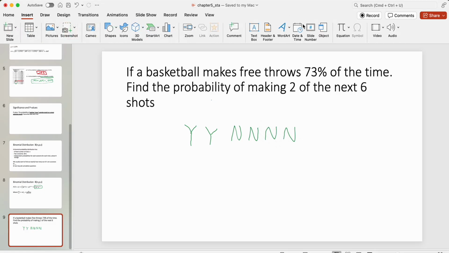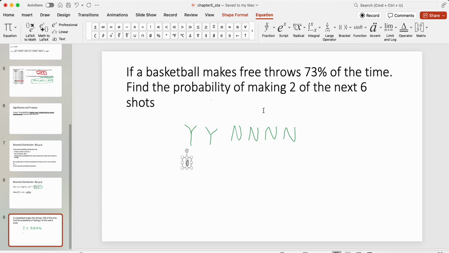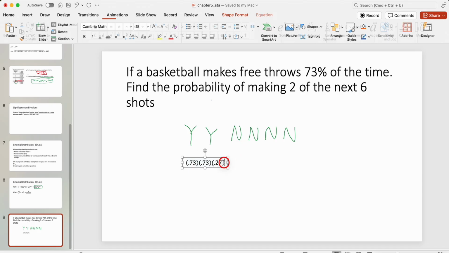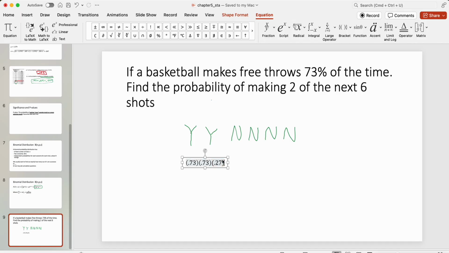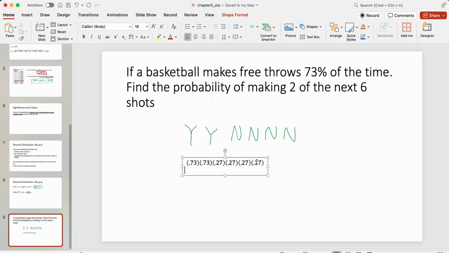And as we work that out, we're going to move from my crappy writing to writing this as formulas. Let's translate that. Making a shot is 0.73, and missing a shot would be, and this is where the complement comes in, the Q comes in, 0.27. Now I'm going to go ahead and copy that. And there we go. Now from there, we can be an even lazier mathematician, and we can then say, well,